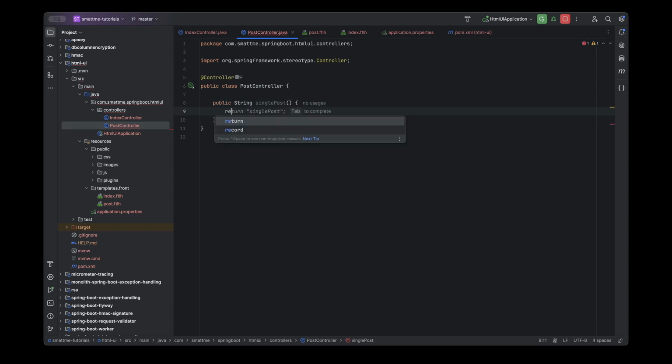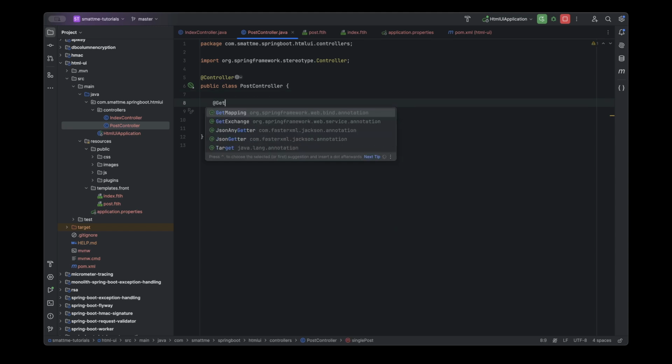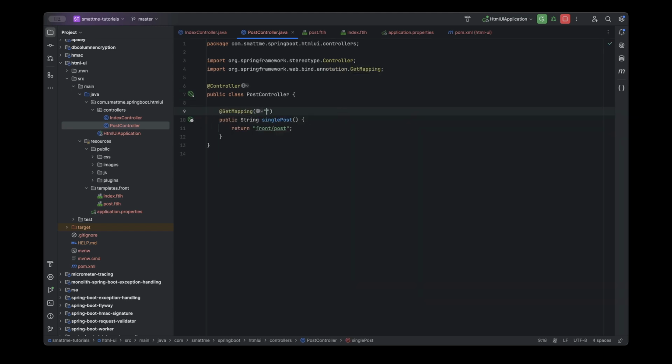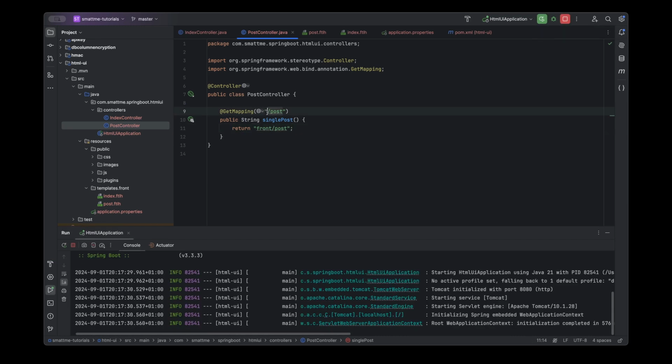So we are going to return again front slash what now slash post, and that's it. So we annotate this with @GetMapping again, and then we are going to give it the URL post. Now that we have this, we are going to reload, restart the application,